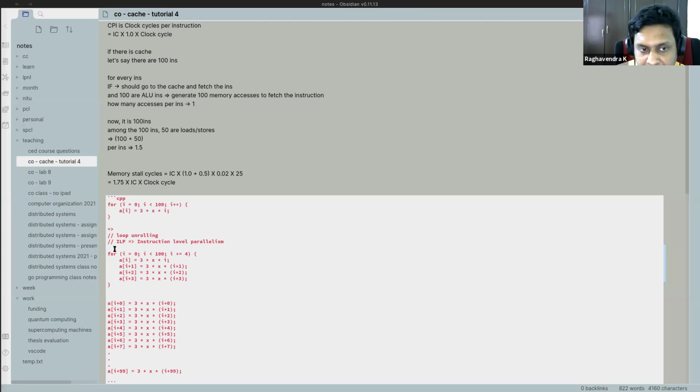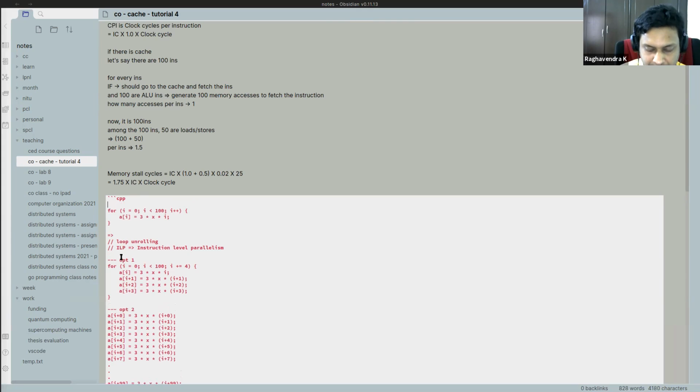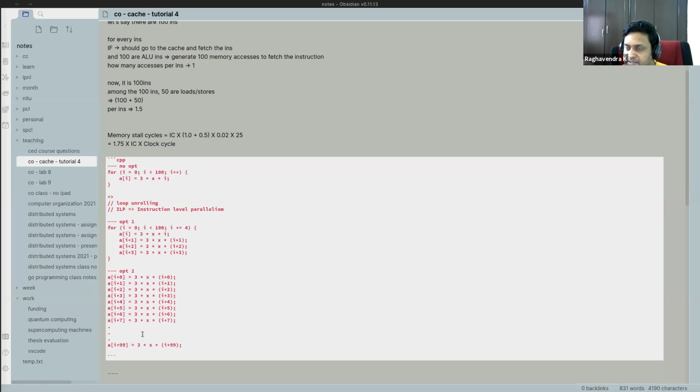Now, if you compare this, let's say this is optimization 1, and this is optimization 2, and this is no optimization. Okay. Now, which one will you prefer? Obviously, optimization 1 is better than no optimization. We already convinced ourselves about that. How did we convince ourselves? Because we have removed the branch instruction. But with optimization 1, for every 4 instructions, I have a control hazard, and there is a chance that that will result in a stall. So now optimization 2 is saying, okay, we just unroll everything and there will be no branch instruction at all, which is perfect, right? So which one will you pick?